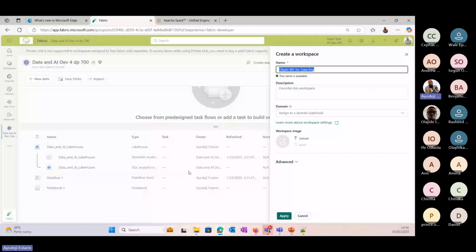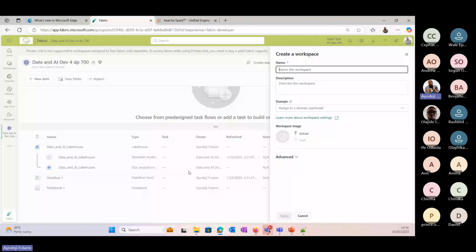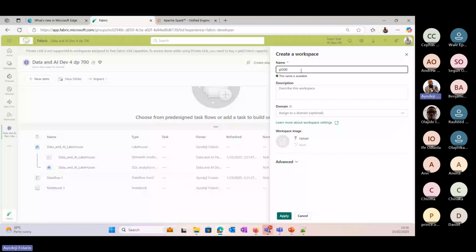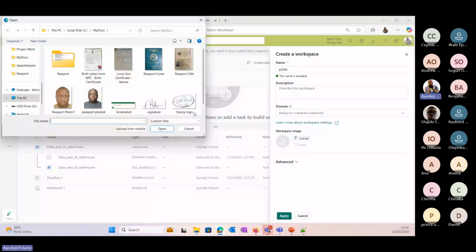Okay, this is the name of the workspace I want to use. Description, I can describe the workspace, and I can brand my workspace with an icon. But it's telling me the image I'm trying to use is just too big, so it cannot use it. Then I can expand Advanced to look at all we have here.